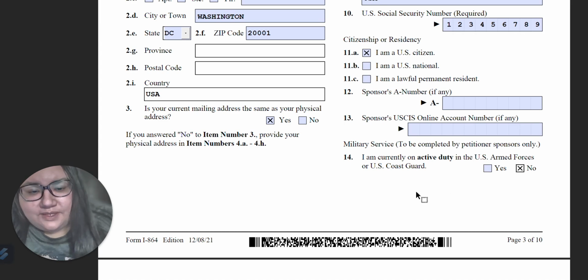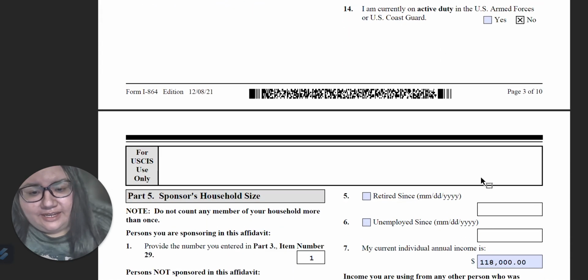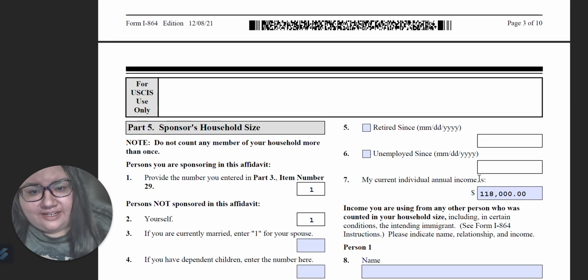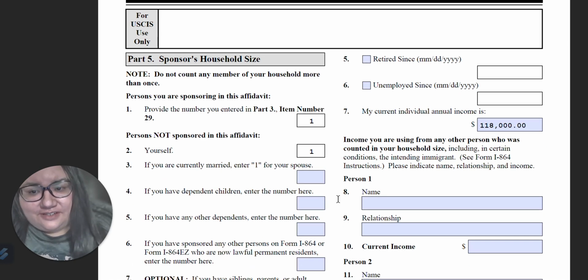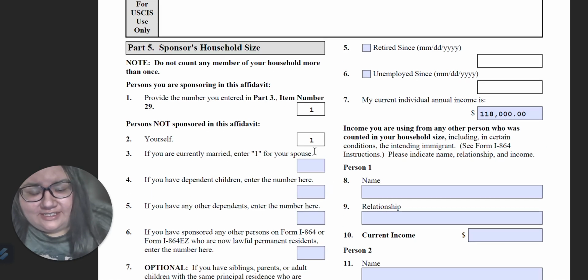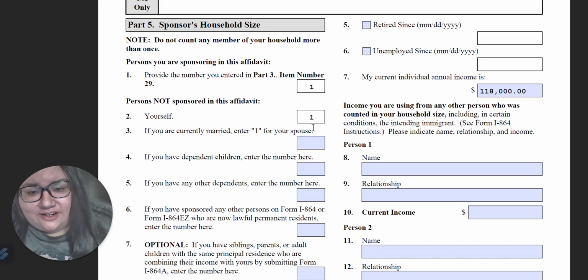We're going to go ahead and move along to page 4. This is the troublemaker. This is the one that gives everyone a lot of headache. So the first thing that we're going to talk about are these infamous boxes. Now, these boxes are used to count the household size so that they can determine what the appropriate income is